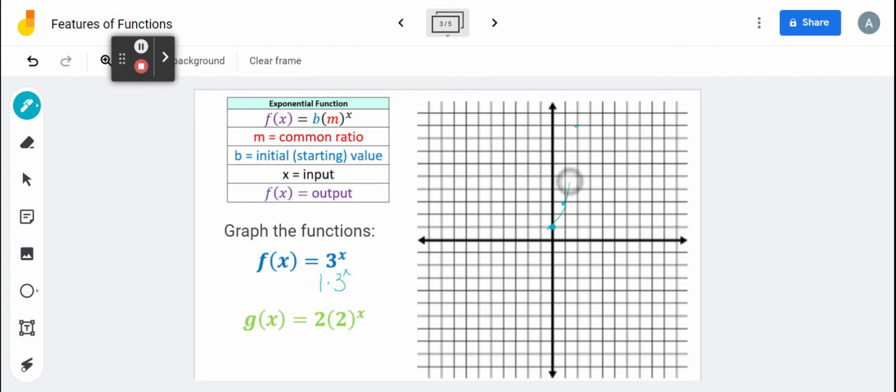So you can see that there is a trend where it curves. And the same thing with g of x. So we would have initial value of 2 times, so then that would be